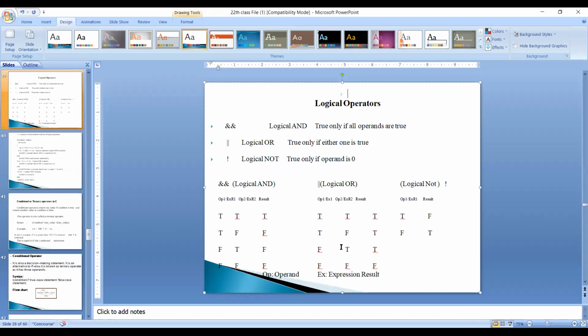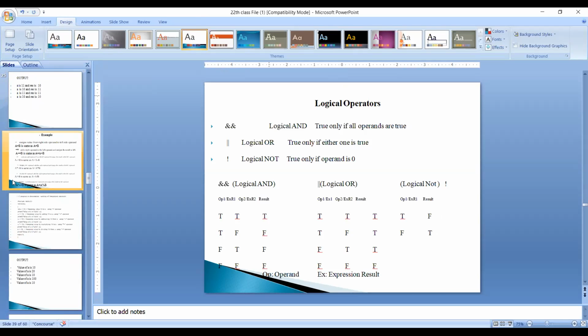True, false: true. False, false: false. At last, logical NOT expression. Suppose the expression value is true. What is the NOT expression? NOT means opposite. False. False means true. That's all. Okay.